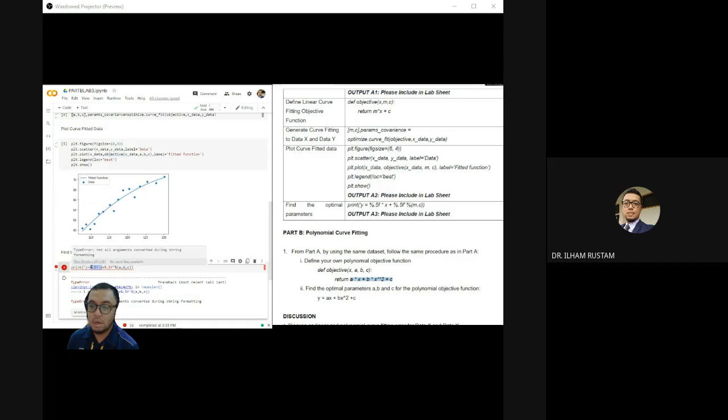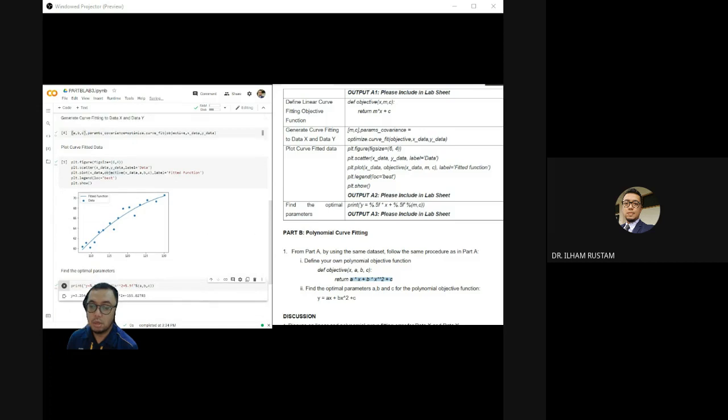Okay, you have already done that. A multiplied by x, and then plus b multiplied with x squared. So now percent 0.5f, which is b, multiply with x squared. So now x squared plus c. So you'll get your equation, the polynomial equation at the end of it, which is a is 3.25443,